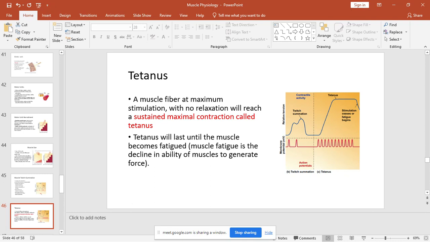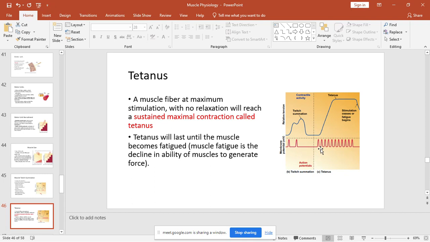Moving on. So, apart from twitch summation, ladies and gentlemen, remember what we said? In twitch summation, the muscle starts to contract and then gets an action potential coming, as you can see in this plot. And then you get an additional buildup of tension in the muscle. But what if